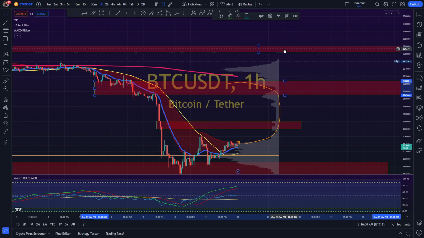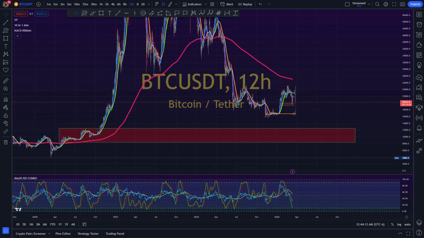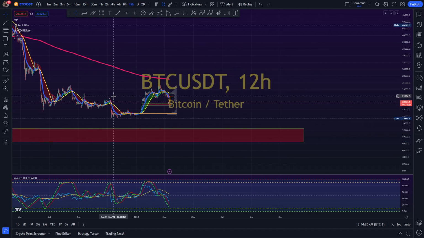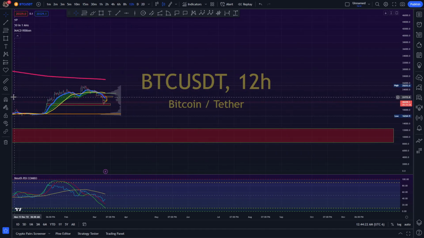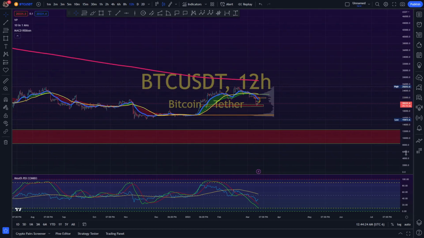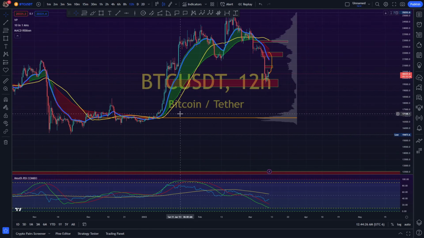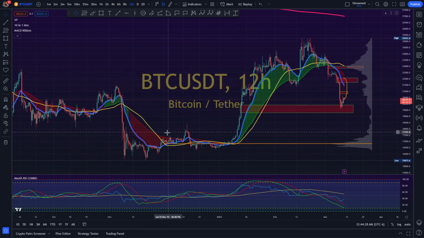detailed as this, using basic things: moving averages, order blocks, gap fills, volume. So I just wanted to make a second video on top of the one I just made, just to go over some patterns, a little bit of pattern trading here. So looking at Bitcoin, we have a structure where,